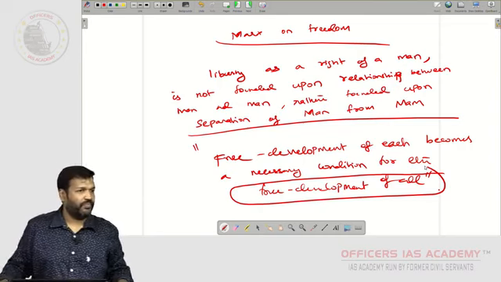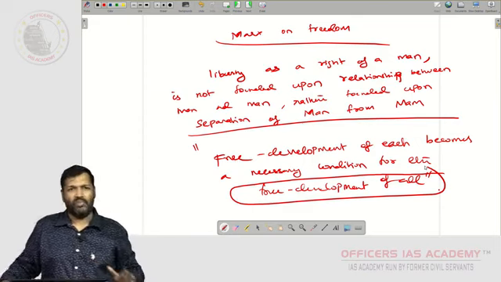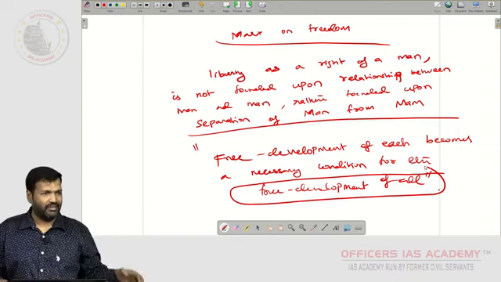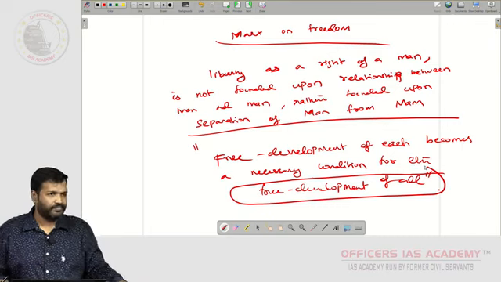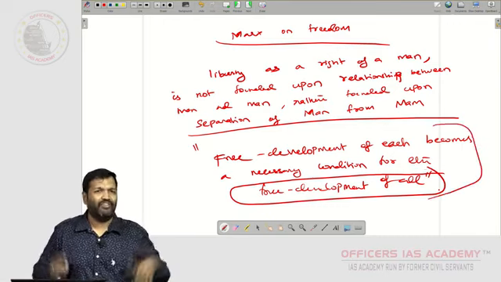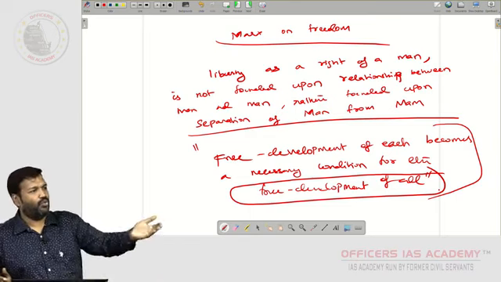No restraints whatsoever. That is the reason people say it's a utopian society, communist society. Why? Because Marx could not explain the communist society very clearly. Marx did not try to. For many people this is extremely contradictory. It will not happen at all. How can it happen? You want to do whatever you want.